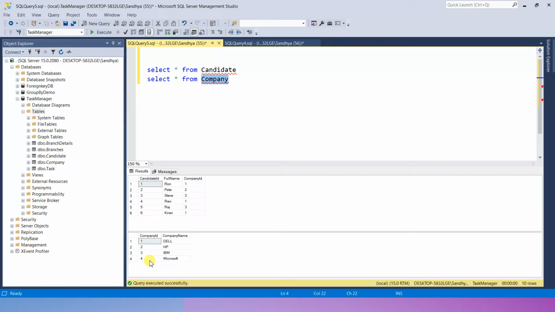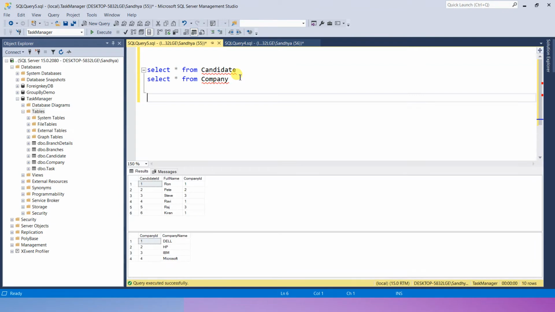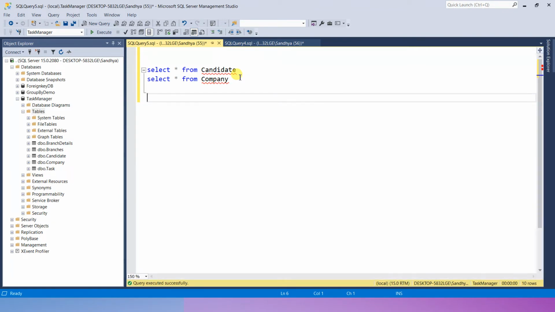Whenever you do a cross join, what is the resultant set? We will see the result of a cross join between two tables. So right now I will close this. I hope you know the shortcut to close it. Control R for the result view, and Control R again. If you press it, the result view will disappear.